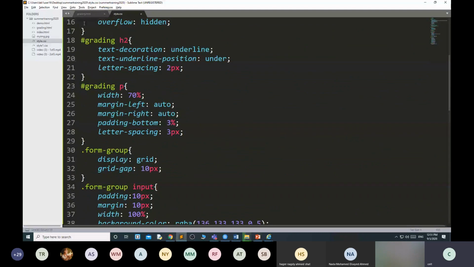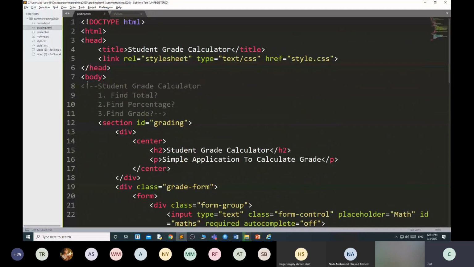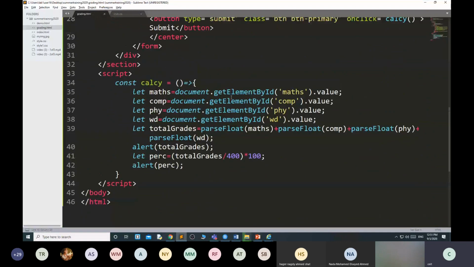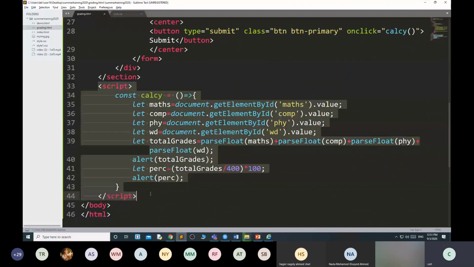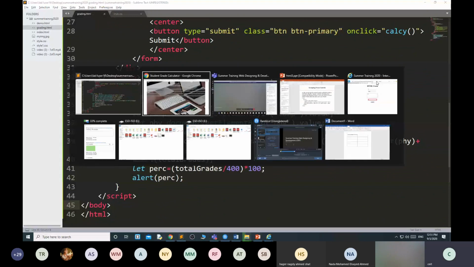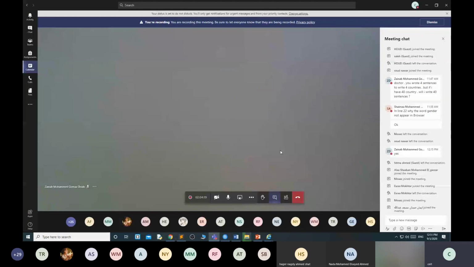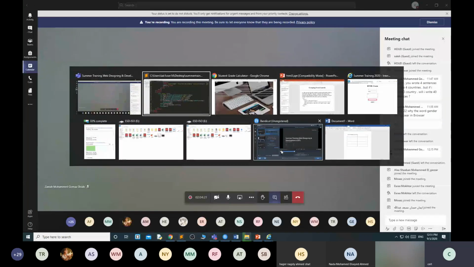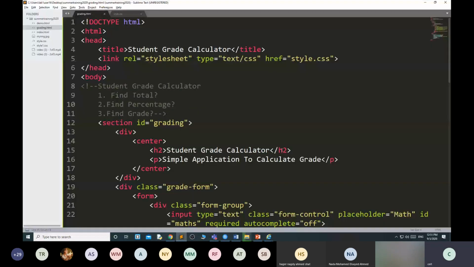How to include that external style in the form using link, and how to write the JavaScript for that form. Okay, all of you? Anyone having any doubt? Because for today's class, this is all.